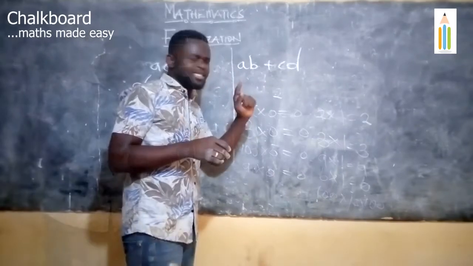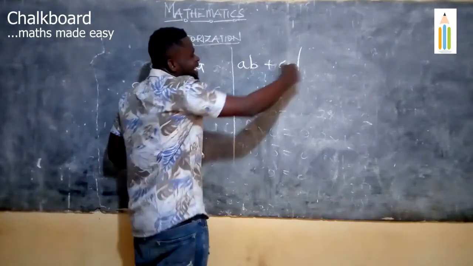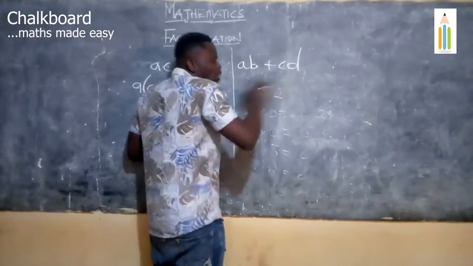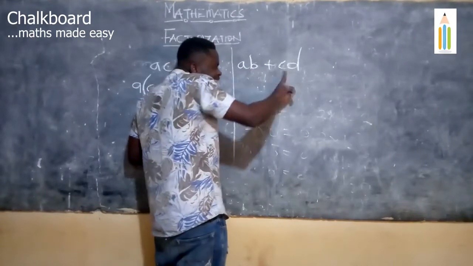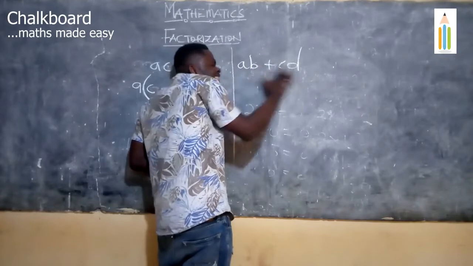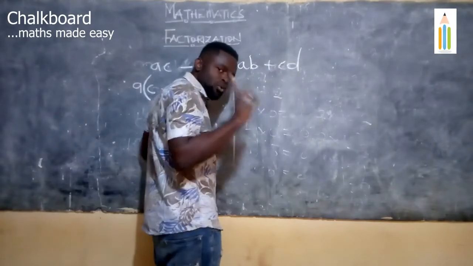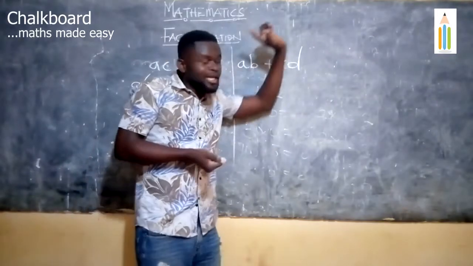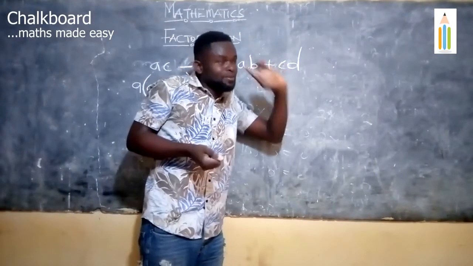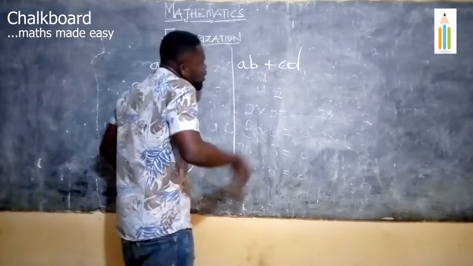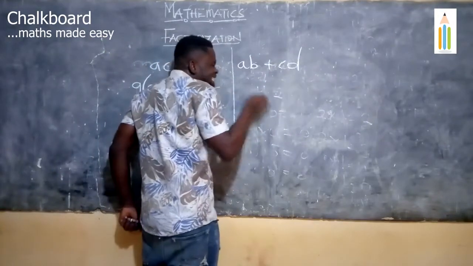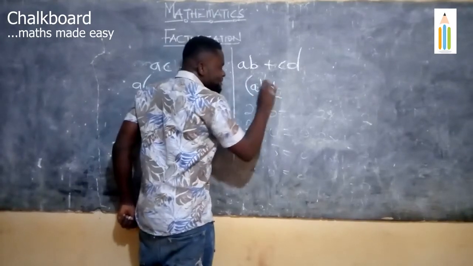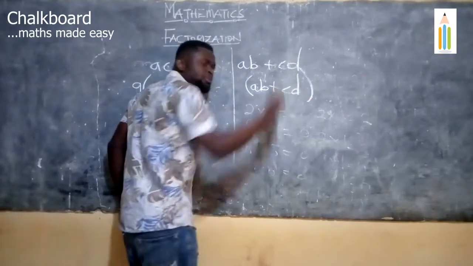Now let's look at this question here. Now we have AB plus CD. Now, we are factorizing. We want a common one. So this is A and B, and this is C and D. Do we have anything common here? No, we don't. So we can't bring anything out, like how we did for the third example, that's shop 3 and shop 4. So because we can't bring anything out, we still have our answer as our question. That's AB plus CD, because nothing can be brought out.